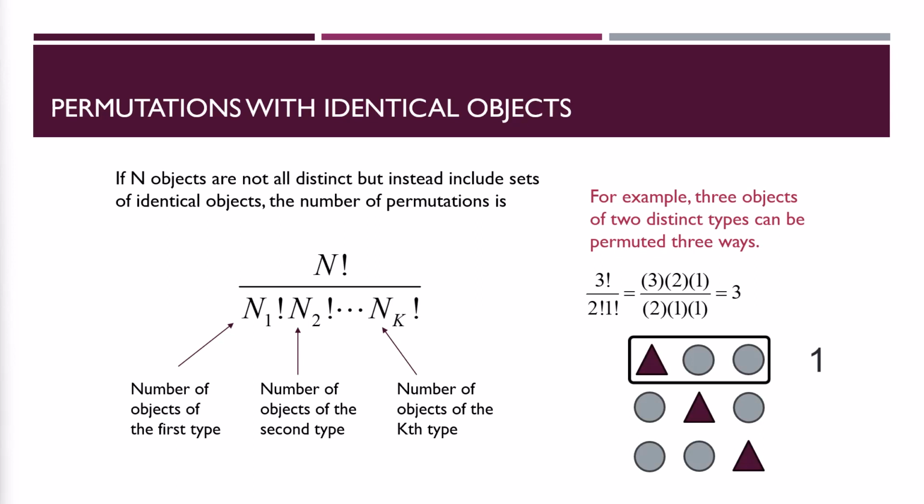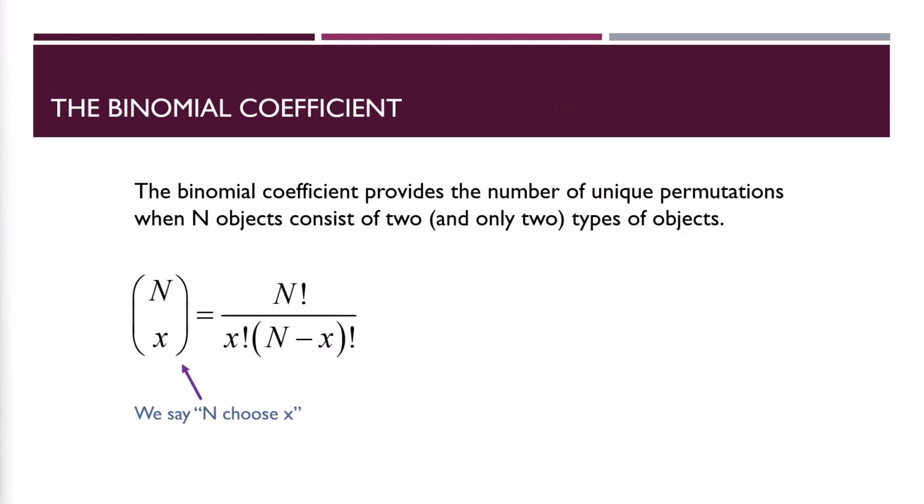Note that it doesn't matter which circle is which. They are both circles. This formula for calculating permutations with sets of objects is a bit easier when there are only two types of objects. It is known as the binomial coefficient. The binomial coefficient provides the number of unique permutations when n objects consist of two and only two types of